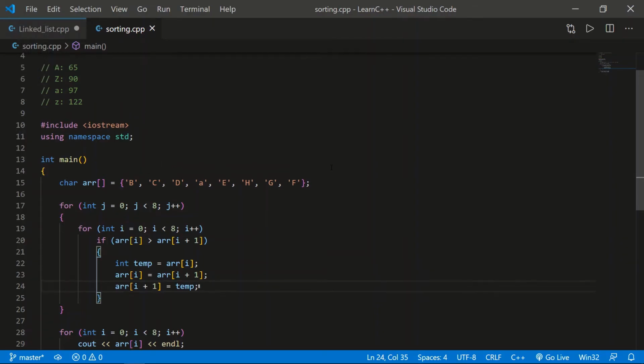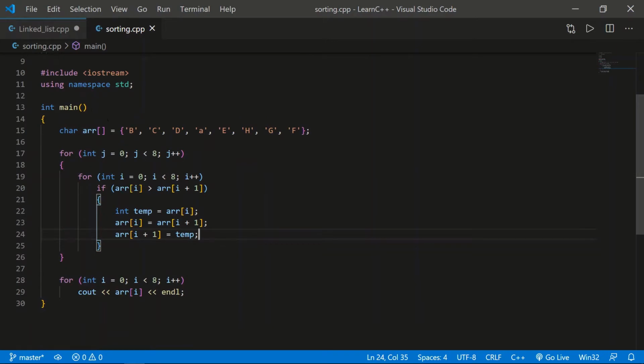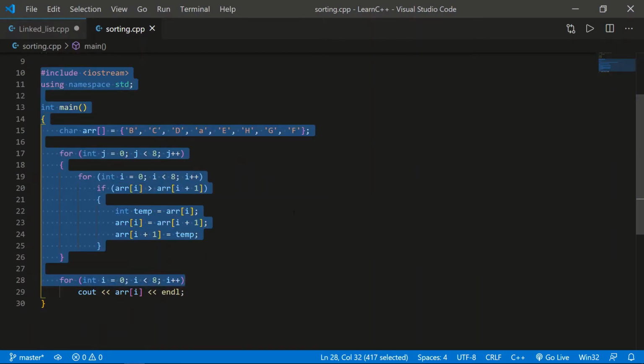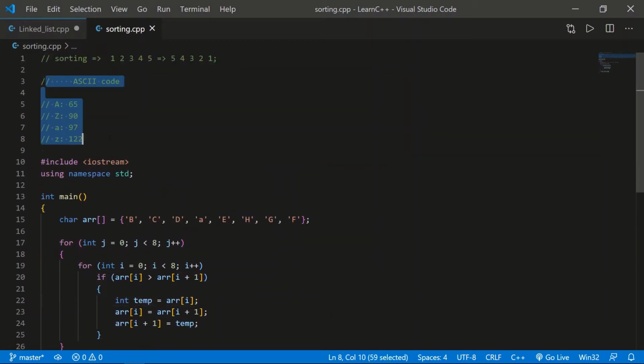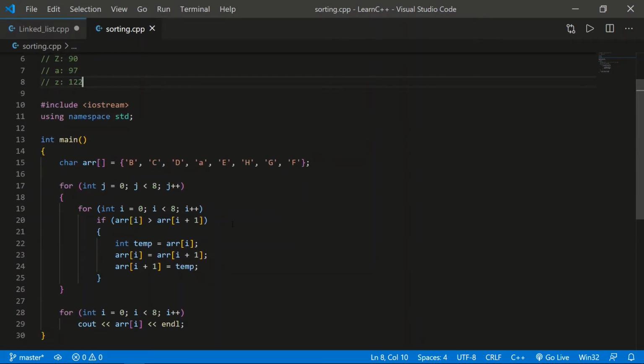In the previous video we learned about sorting. I hope you got all the basic concepts of how to do sorting and you did some examples so that you understand sorting better, and you saw the ASCII code of some characters and understood the basics. If you face any difficulty you can just comment.